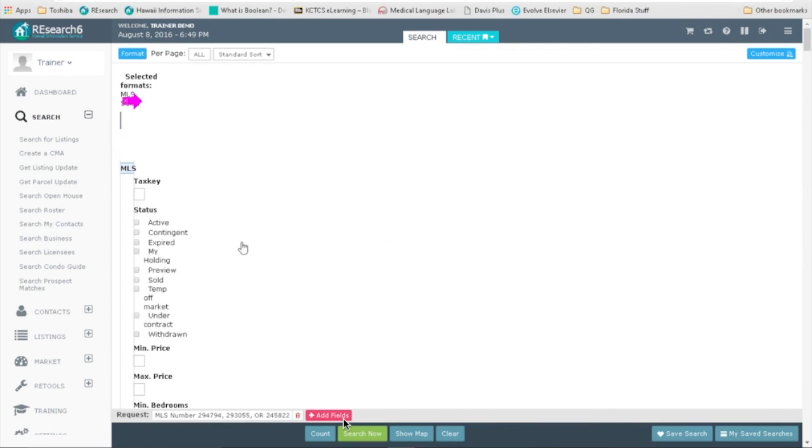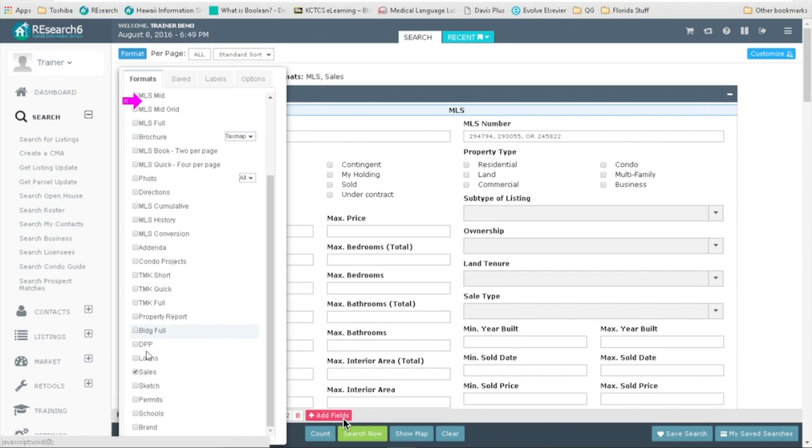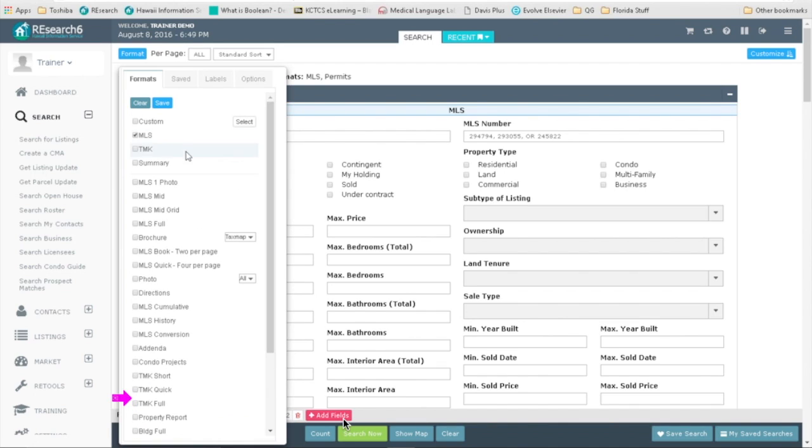Let's click Modify and see what else. We've got a couple more to deal with here. Okay, I'm not going to look at the sketch and the permits. Oh, let's look at the permits. Now, I'll be honest with you. What I do and what my